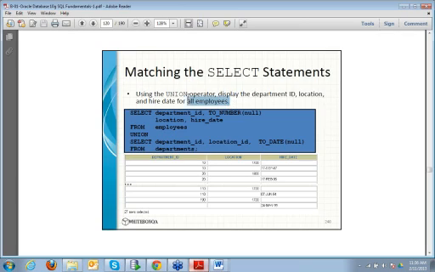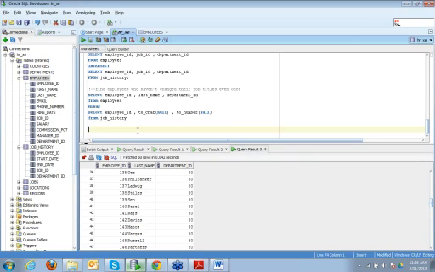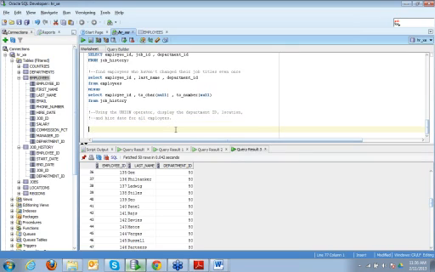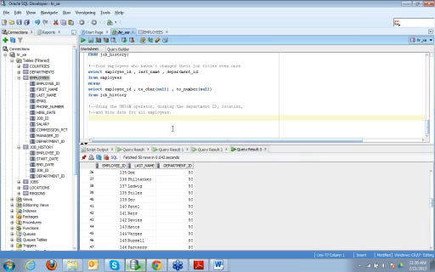So let's do it using both and see which is of lower cost. So first let's do this using a join. Display the department ID, location and hire date for all employees.